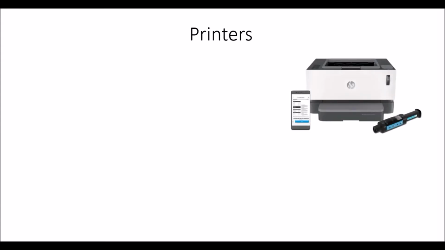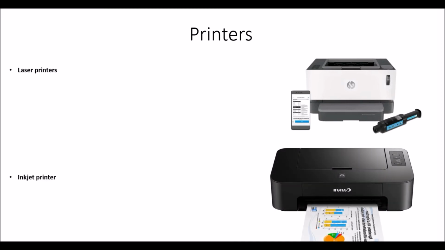Now, another thing you're supposed to know here is the different types of printer we have. We have a laser printer and an inkjet printer. What's the major difference between these two types of printer? When we say anything is a laser printer, it means it produces very high quality. The printing rate is very, very quick, very fast. Then they use toner as well, and they have a very high buffer rate for memory, which means